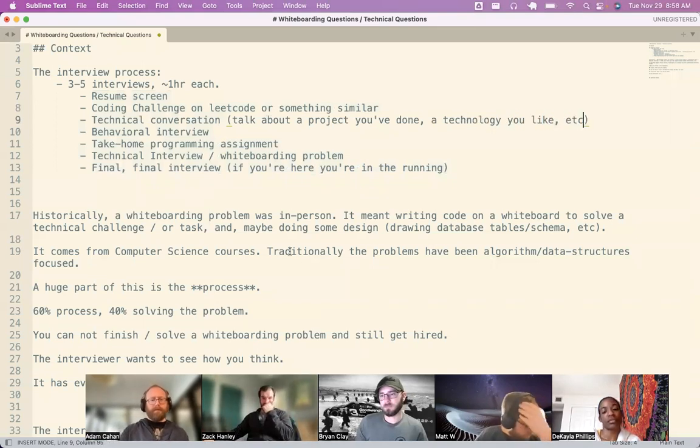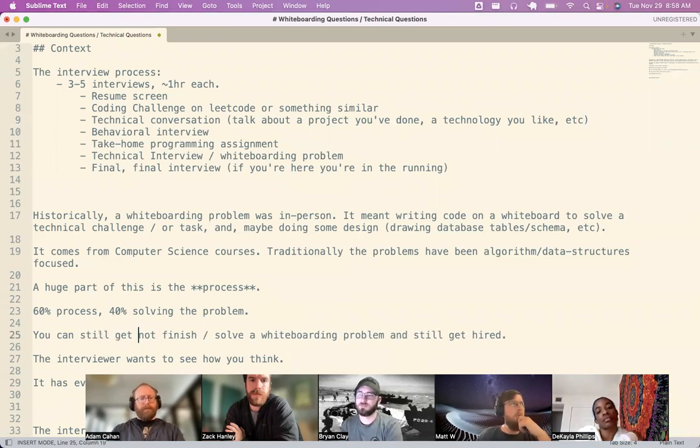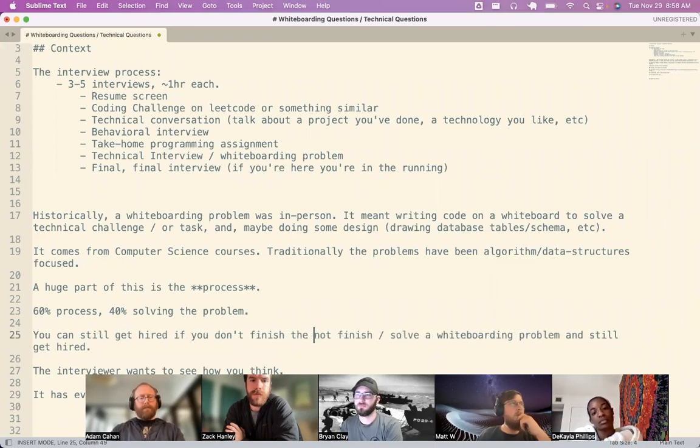Then the second interview was half behavioral and half a coding challenge. After the behavioral questions that were very typical, like when you worked as a team, the stuff we've been covering, and after that,